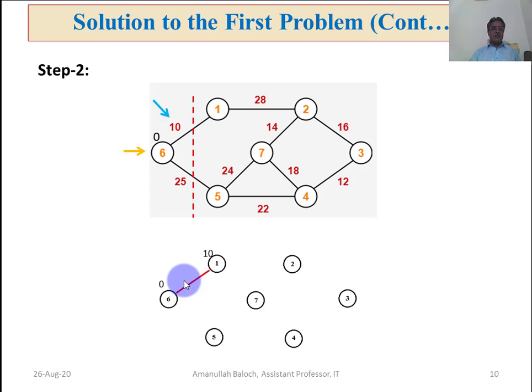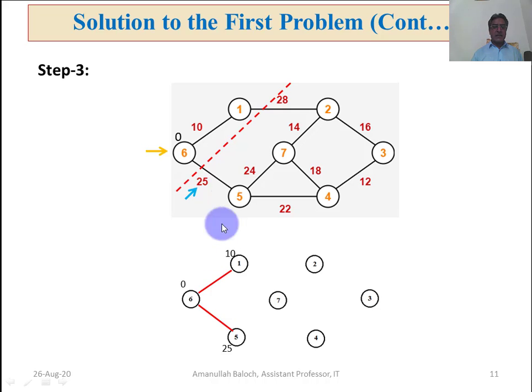in the previous slides where we have discussed the algorithm. Next, these 5 nodes are unknown, while these 2 known nodes have become part of the tree. This link shows that they have become a tree. Now we will insert the cutting line here, which will separate these 2 nodes and these 5 nodes. You may see it here. These 2 nodes have been processed.